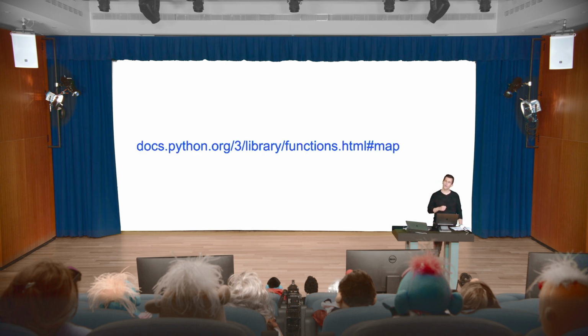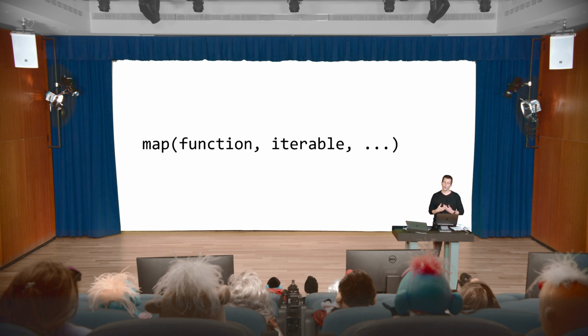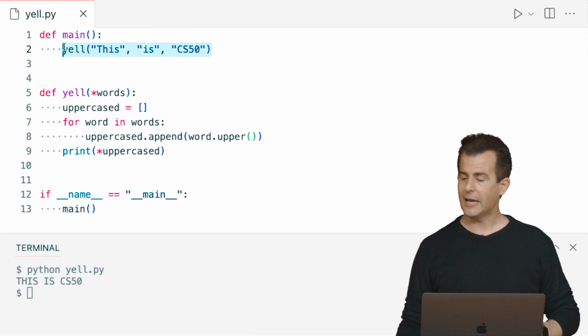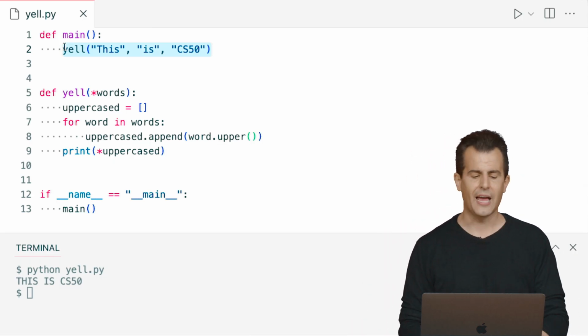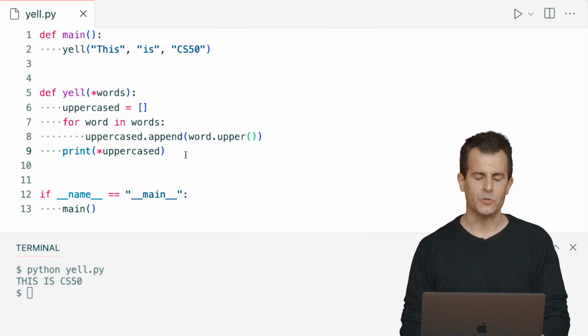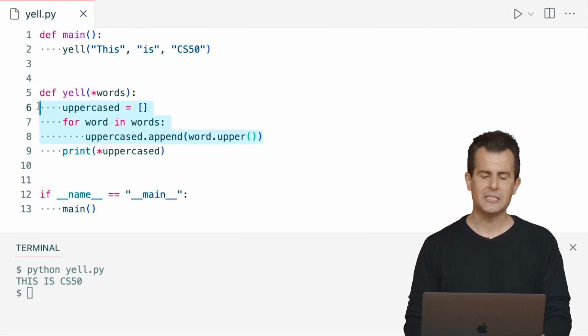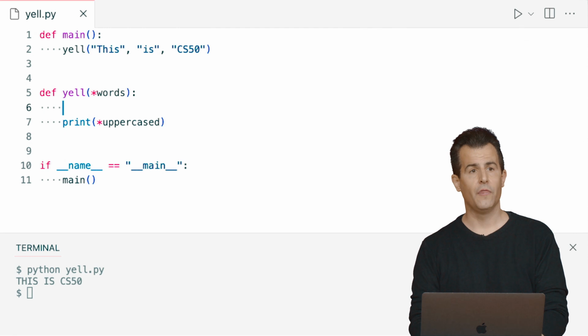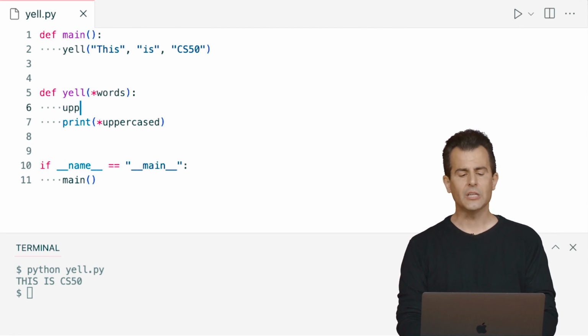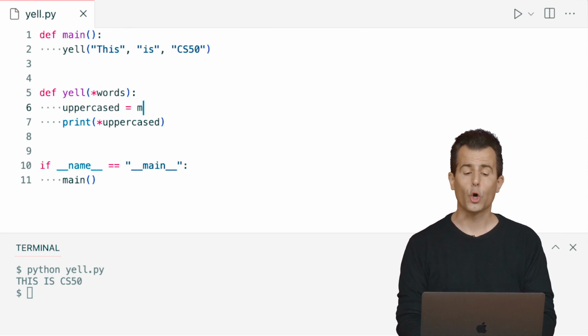So for instance, if we want to force to uppercase each of the words, this is CS50, in the list of words that's been passed in, well, we essentially want to map the uppercase function to each of those values. So using map in Python, can I do just that? Let me go back here to VS Code, and let me propose now that I re-implement this as follows. I get rid of all 3 of these lines here, getting rid of that loop in particular. Let me still declare a variable called uppercased, but let me set it equal to the return value of this